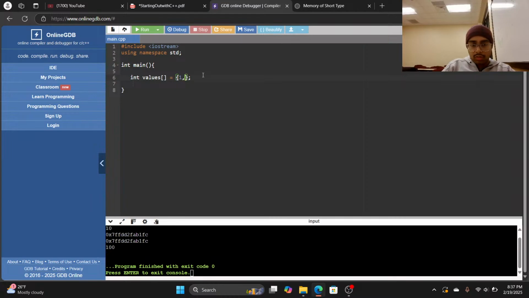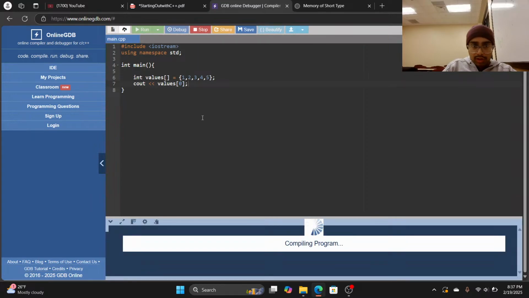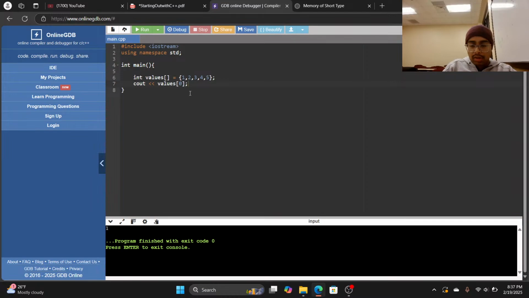Okay, so 1 2 3 4 5. Okay, so what is this? If I do cout values 0, then it will display 1. I know that, it displays 1. But